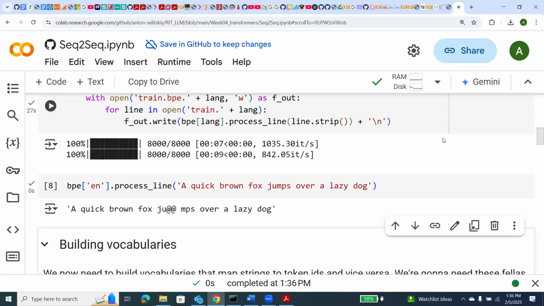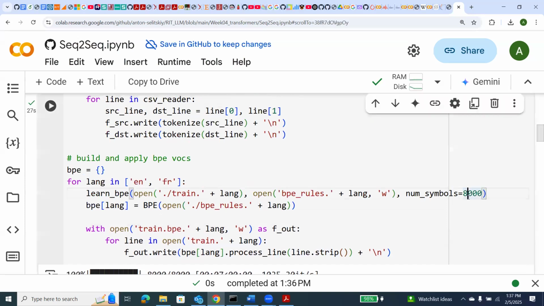And it makes sense because it's a modification of "jump". It's split into two subwords. What do you think: if we use a smaller size of dictionary, will we get more splits, or will we get more whole words? If I use, for example, 4,000,